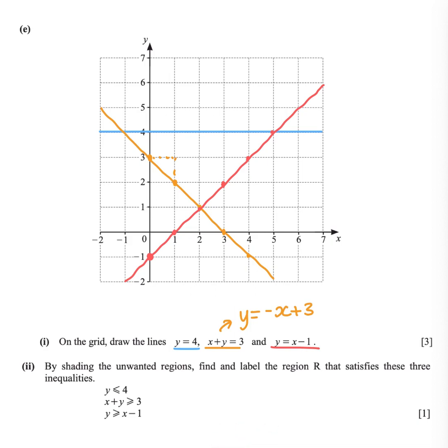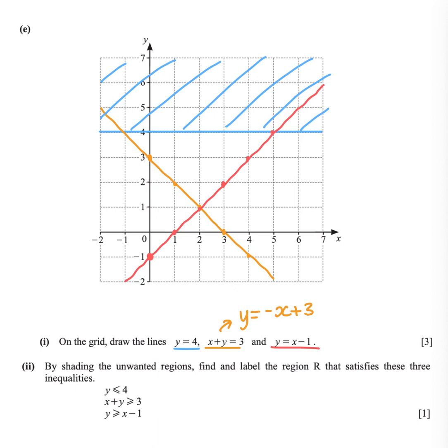So we have y is less than 4, which is what we want. So we don't want the values where y is bigger than 4. So we're going to erase this section here. We don't want that section. And then the next one is